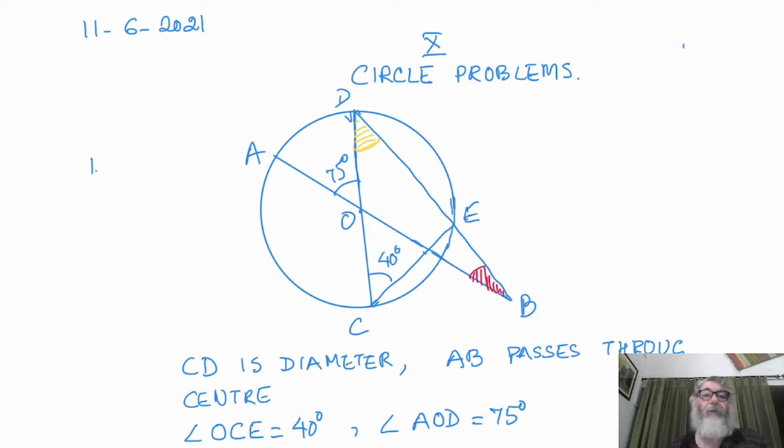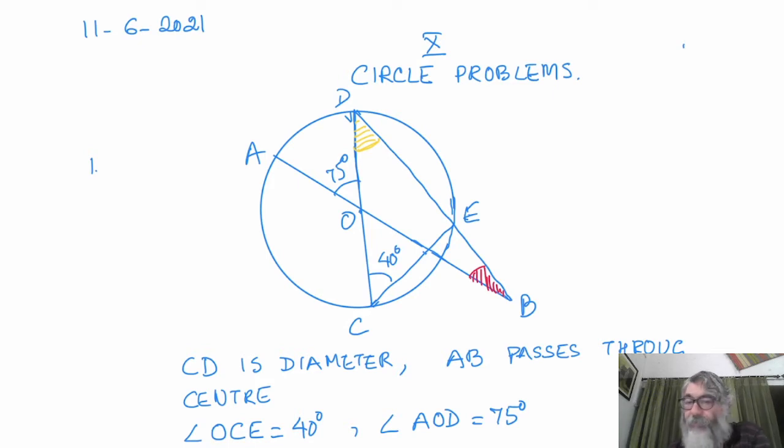Hello everyone. Now let us start a few more sums on circles. We are going to do some more problems on circles based on the four theorems: double angle theorem, angles in the same segment of a circle are equal, angle in a semicircle is a right angle, and the opposite angles of a cyclic quadrilateral are supplementary, though the last theorem has not as yet come into practice. We have not done any sum based on that. Maybe one or two we might have done, but not mainly. Mainly we have used the angles in the same segment.